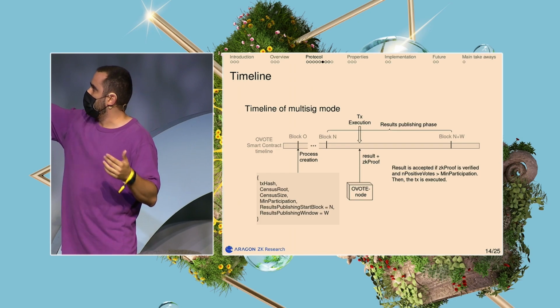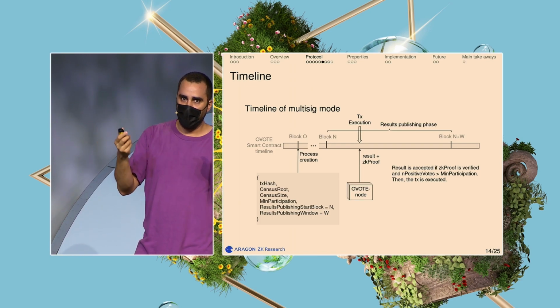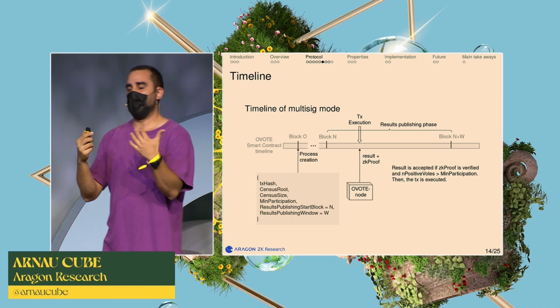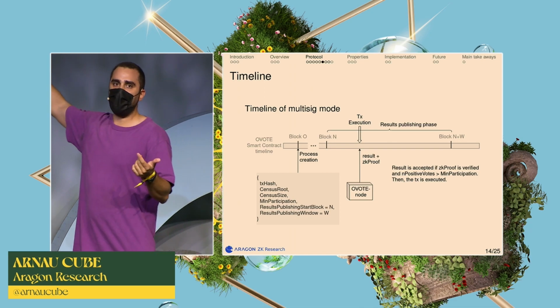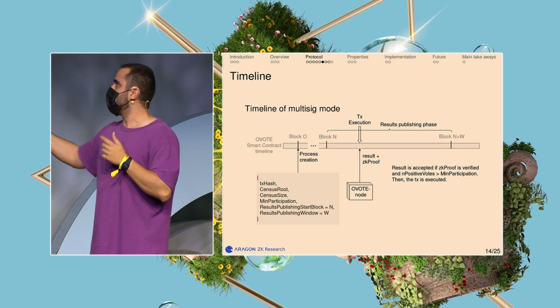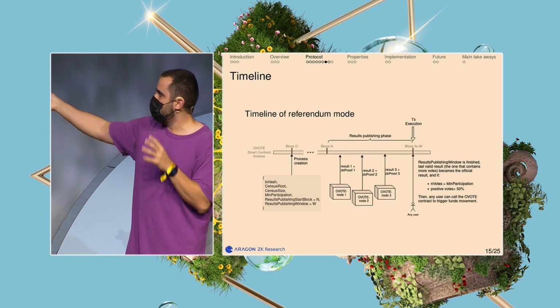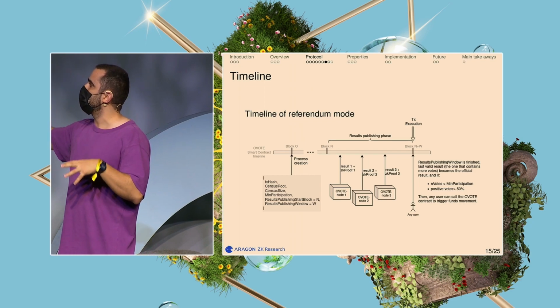So as soon as we are in the multisig mode, as soon as there is a valid proof that claims a result that has enough support, then this will be verified and trigger the on-chain transaction. We have another mode that is a bit more complex. Later you can check the full document that we have online, but the idea is that this is more like